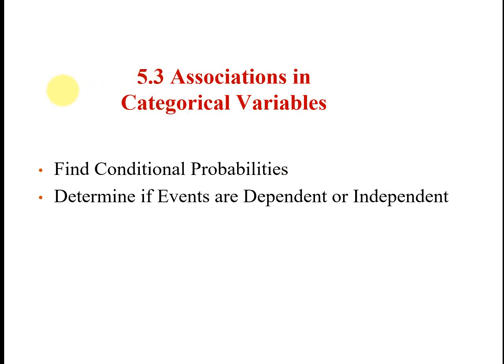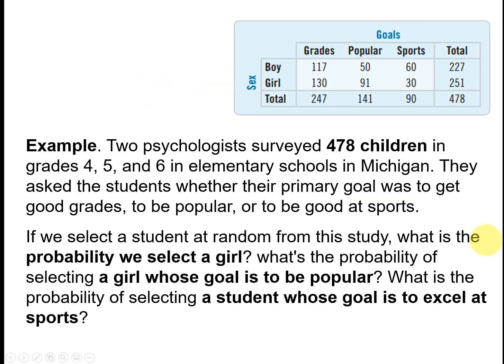Alright, continuing on with lecture, we have section 5.3, Associations and Categorical Variables, and our two goals are to find conditional probabilities and determine if events are dependent or independent. So an example here: two psychologists surveyed 478 children in grades 4 through 6 in elementary schools in Michigan, and they asked the students whether their primary goal is to get good grades, to be popular, or to be good at sports. So if we selected a student at random from the study, what is the probability we select the